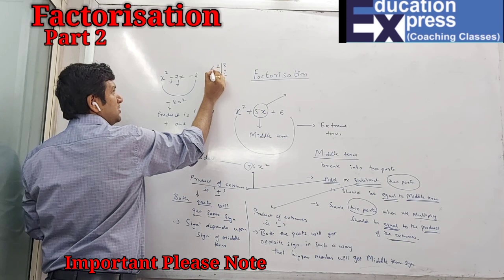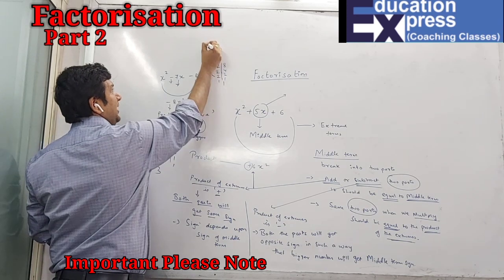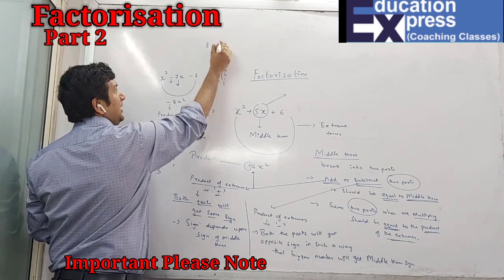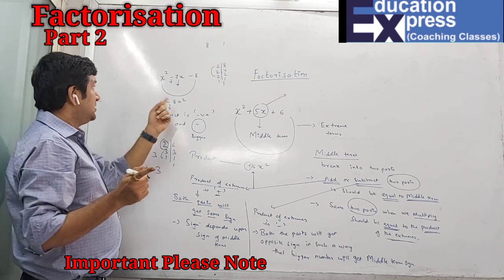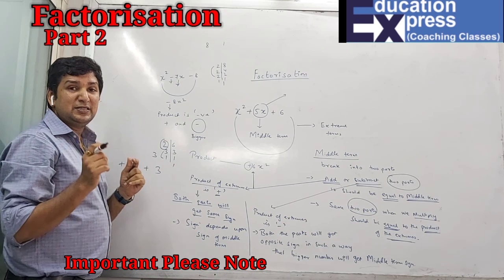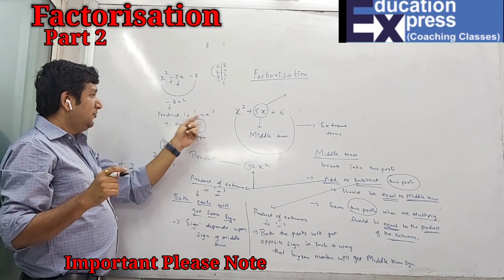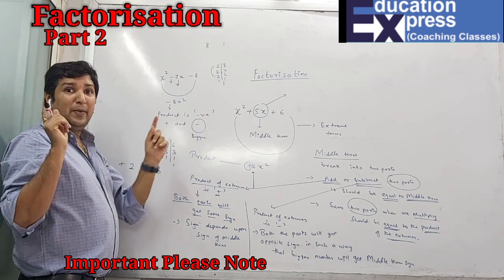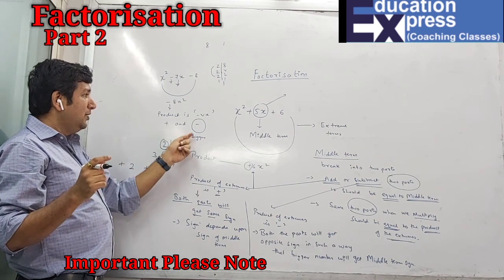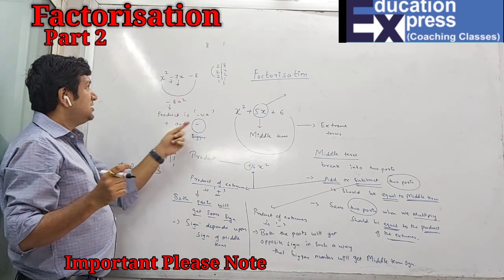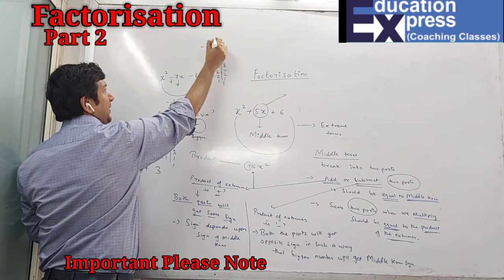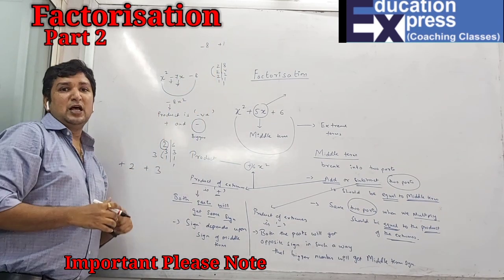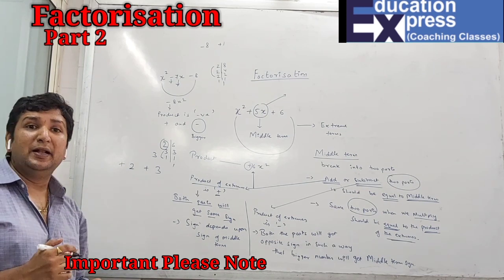Let us take all the three 2s together. 2 2s are 4, 4 2s are 8. And then what is left? Only 1. 8 minus 1 is 7. Yes, that means the grouping is proper. Now I just have to see the sign, because as it is negative, I have to use plus and also minus. But I was very clear that the bigger number will get what? The middle term sign, which is negative. So the bigger number we have is 8, so this will get minus and this will get plus. So this is how we will find the factors for the middle term.